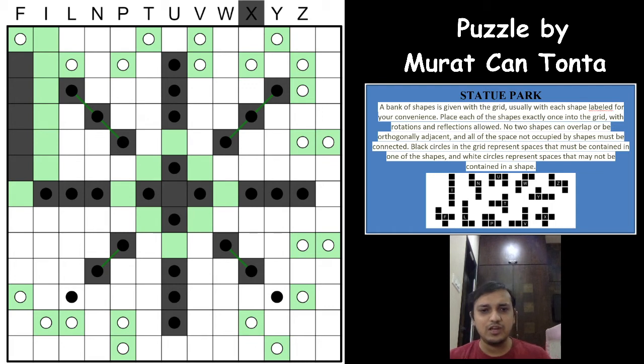Now how many pentominos have we got? 1, 2, 3, 4, 5, 6, 7, 8, 9 and 10, right? We need 2 more pentominos, and we are not sure whether this black circle will touch these black circles or not. This can even form a different pentomino, or this will even touch this, right? But I would say one thing.